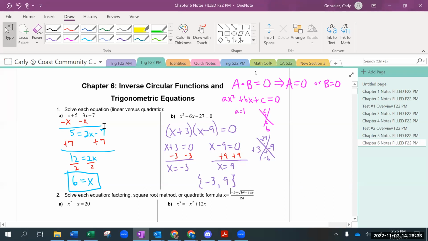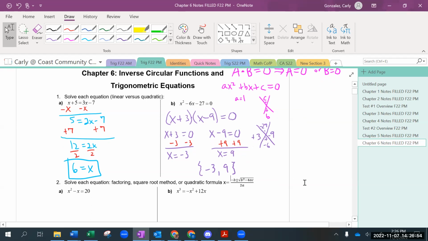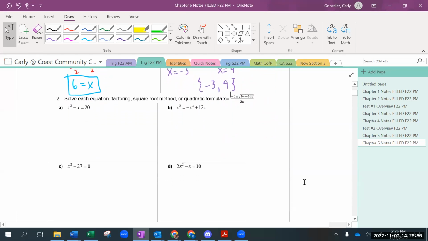So here, notice that when we are solving a linear equation, we're getting all of our variables to one side and all of our constants to the other side and isolating x. Whereas if we have a quadratic and if it is factorable, we're going to set it equal to 0, factor it, and then set each factor to 0 and solve. All right, let's look at some more quadratic